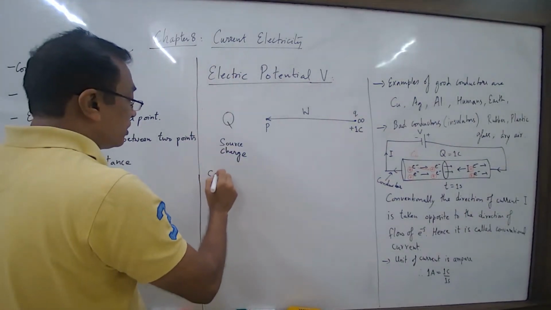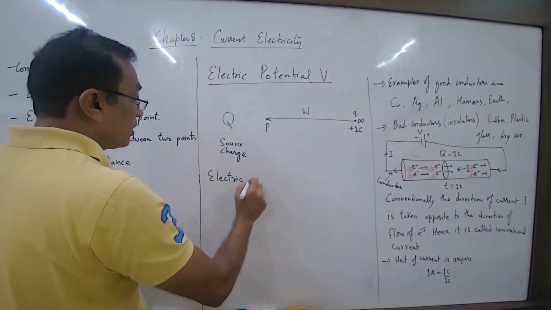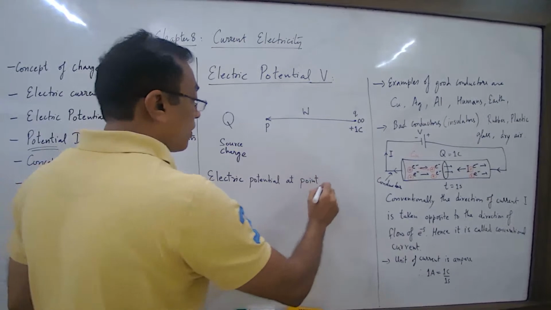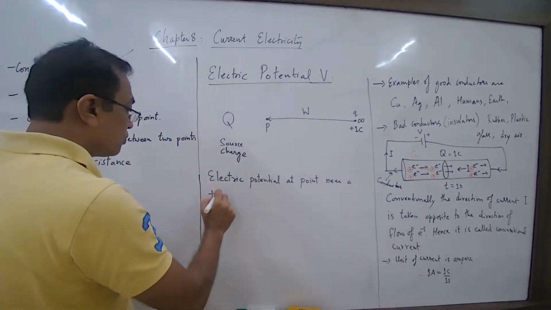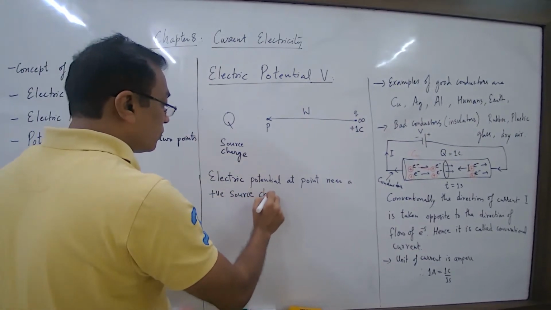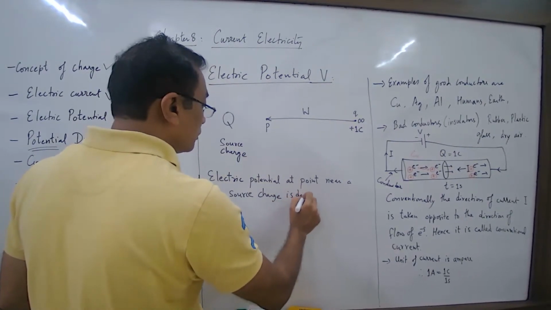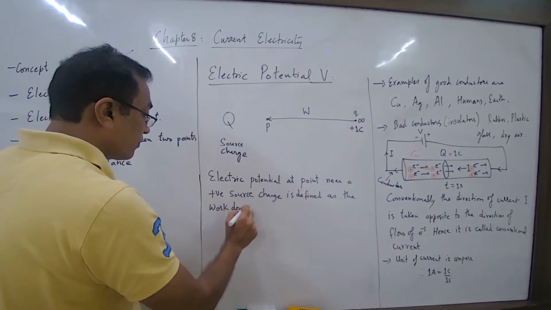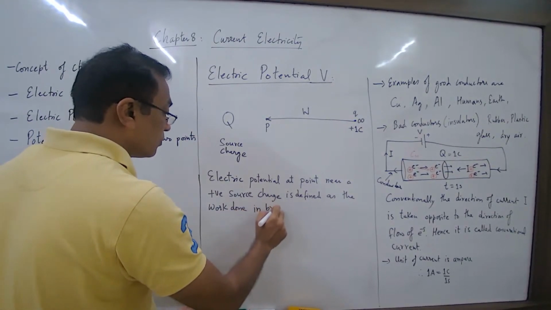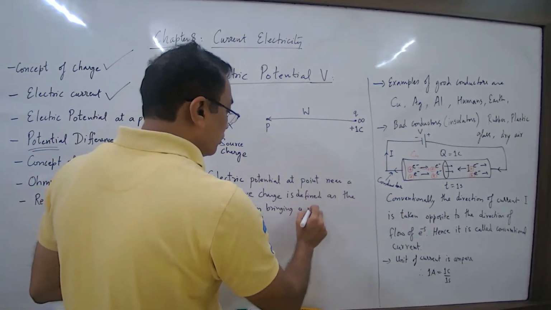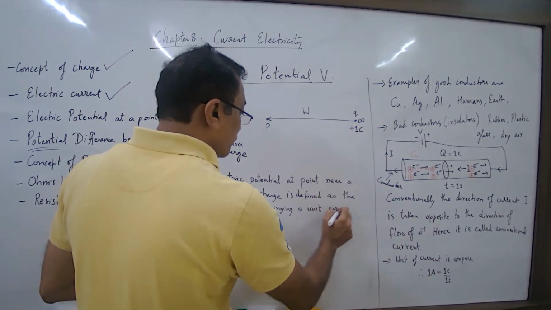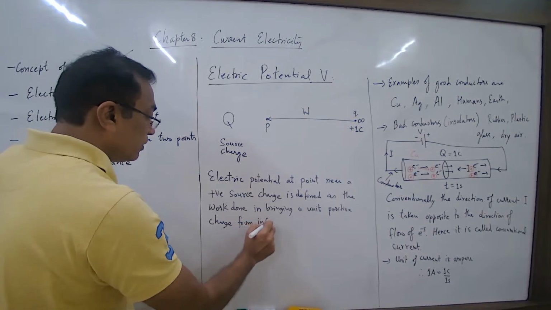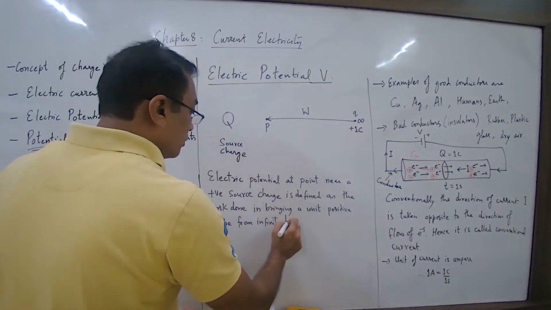So electric potential at a point near a positive source charge is defined as the work done in bringing a unit positive charge from infinity to that point